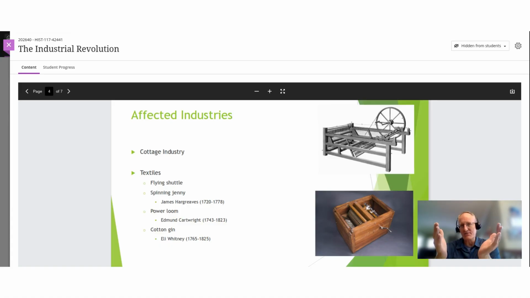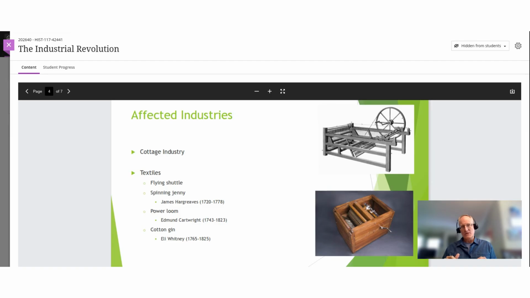To give you an idea as to how effective this was, one slave could clean about 1 pound of cotton per day by hand. With the cotton gin, that same one slave could now clean 50 pounds of cotton per day. So that's a 50-fold increase, which meant that it was a much more efficient process that could keep up with the exponentially growing demand for cotton itself. And these had tremendous ramifications.